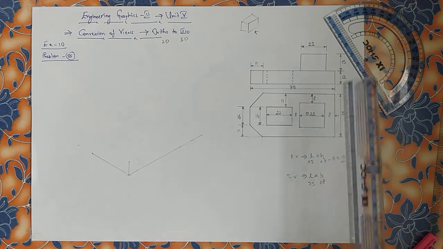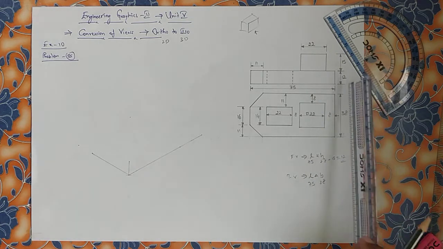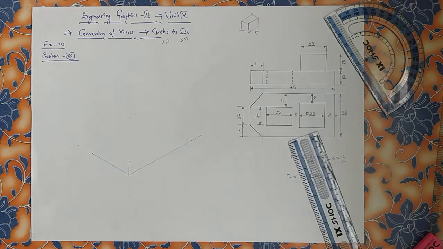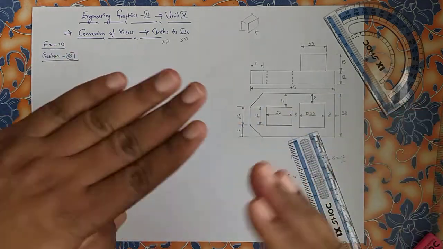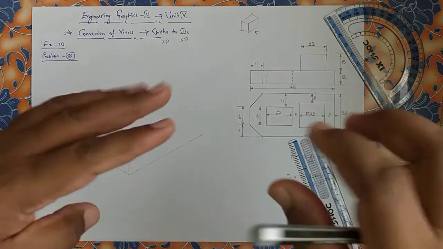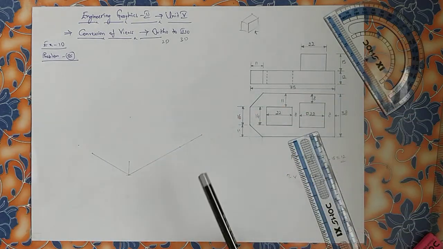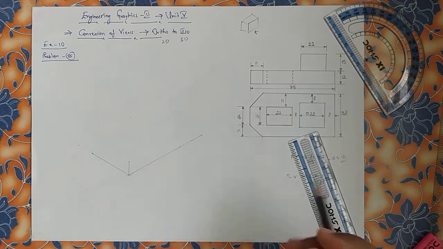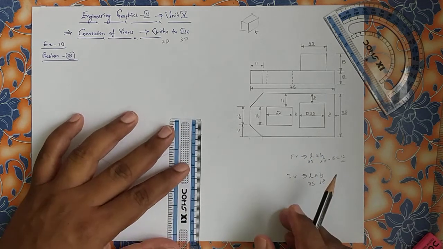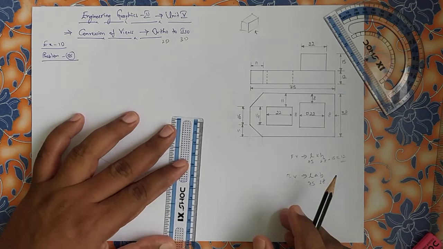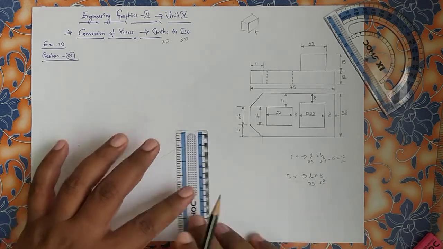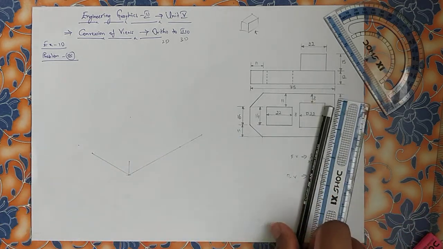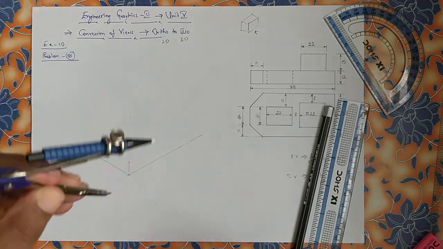Not only the height with full, right? I am considering only with the bottom flange, something like minimum thickness. Once it is done, you know how to construct the remaining things. See, here you can directly draw 12 height as it is small one, but if you try to do like this or like this, there will be a trouble. So that's why to have more accurate, we are using compass.